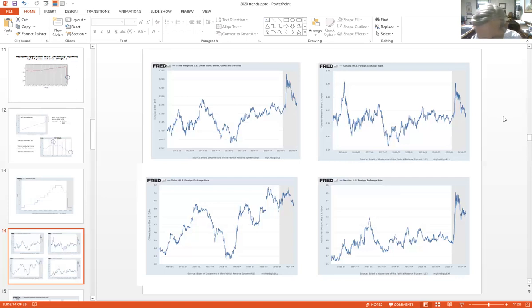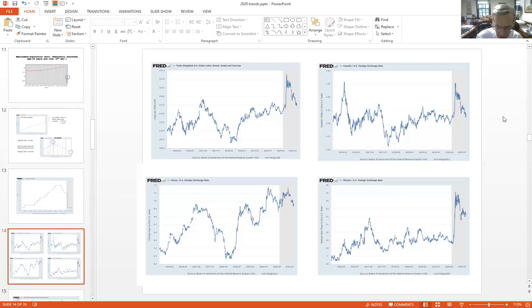We can see that right beneath the Canadian chart is the Mexican chart. Mexico's economy isn't as stable as Canada's. Its interest rates are higher, so it's had a little more difficulty. Nevertheless, it took, and again, I've got to be careful here, 25 pesos to buy a dollar. Now we're down to about 22 pesos. So that's more than 10%.